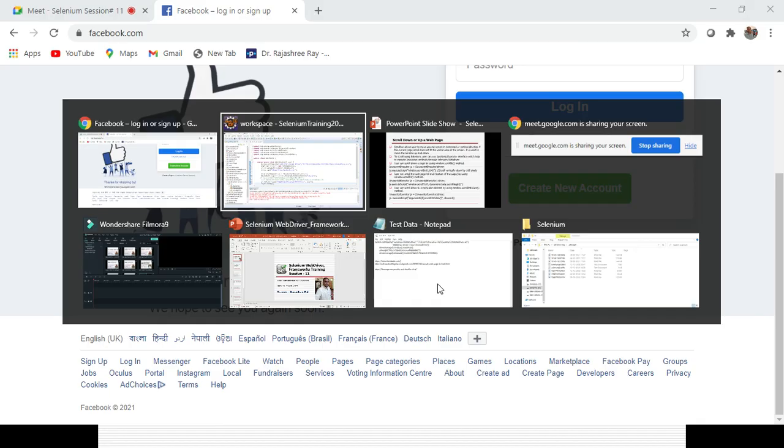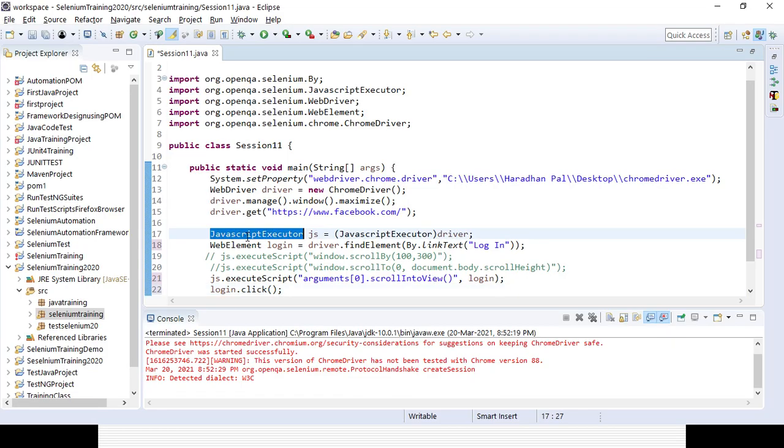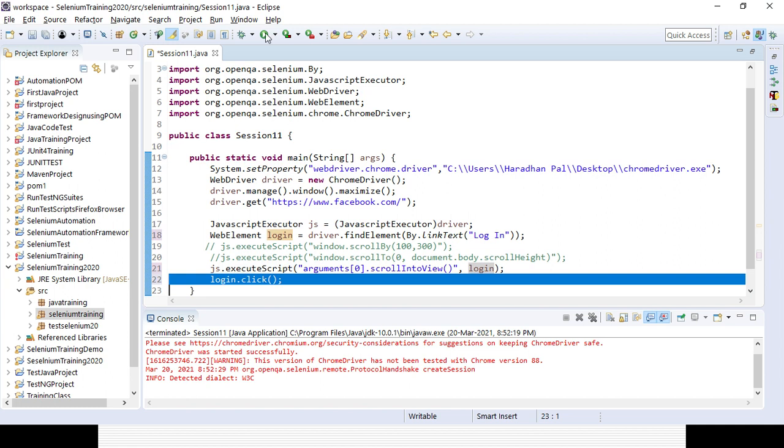Yeah. So I am creating an object instance for the JavaScript executor. Then I am creating a web element reference with the help of the WebElement class for that particular element. And once I have identified the element, I am using the command lines. executeScript is the method name, and this is also a method: arguments[0].scrollIntoView, and I am giving the object reference here. After that, that particular web element is visible after scrolling the scroll bar, then I am clicking it, so my script will never fail. Okay, now let's run the code and see what is happening here.